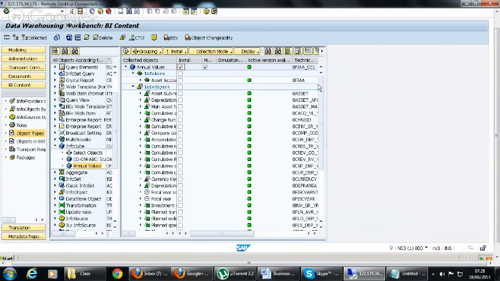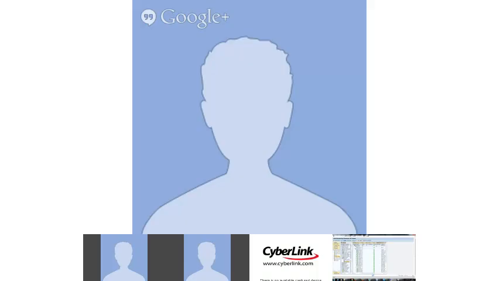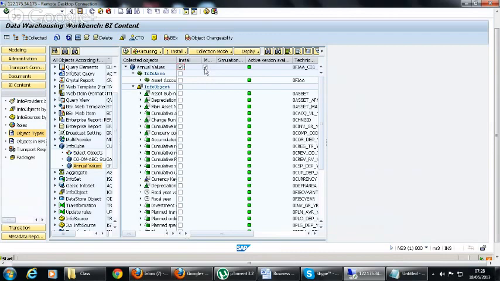The modified and delivered versions have a gray symbol. I mean, the delivered version has a yellow symbol, and the active version is green. Those are the three versions we have.